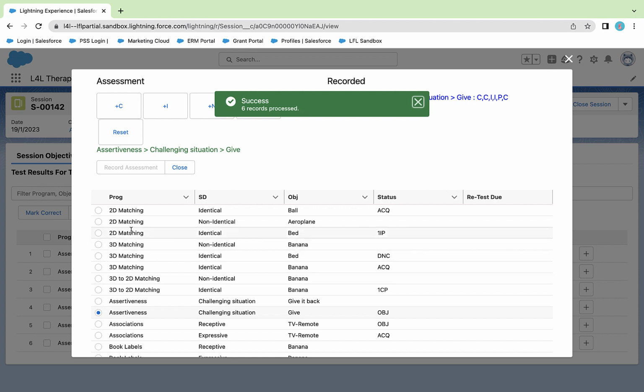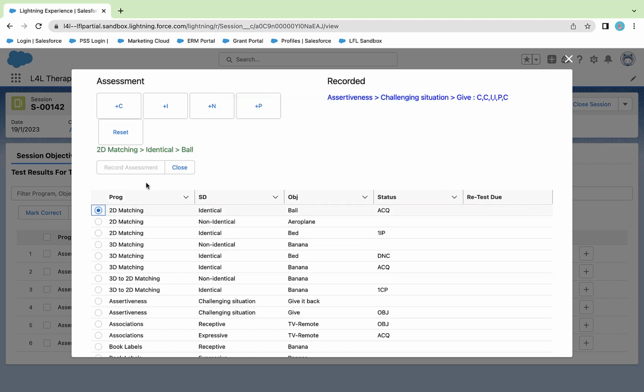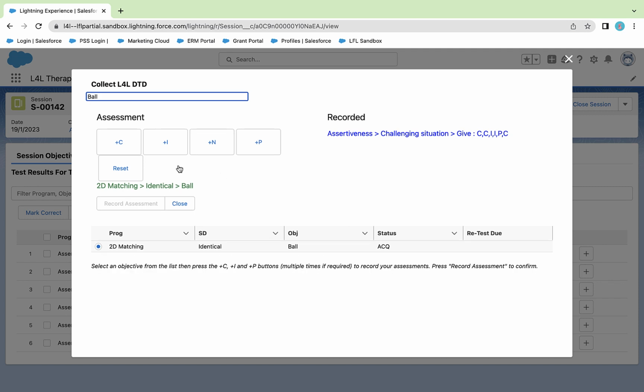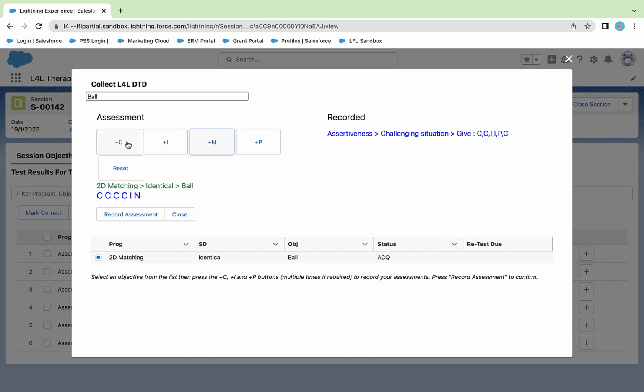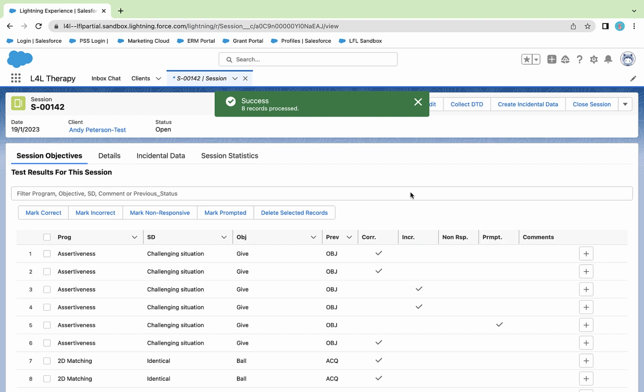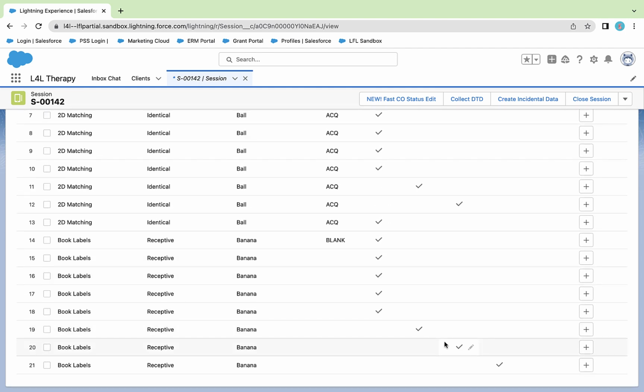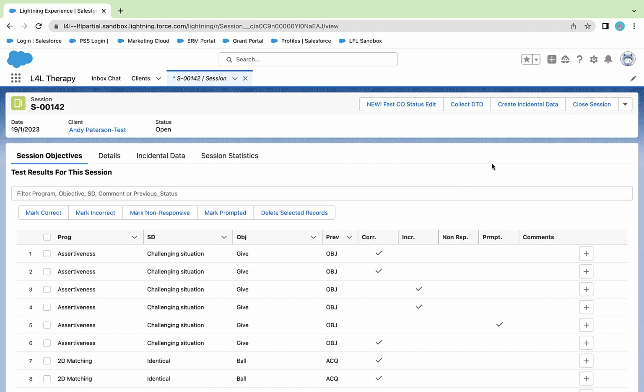Then I do the same for any of the other items on here. I can filter these as well if I want to. If I just want to look for things like ball, for example, I can filter that list down, and then again choose the information and record the results. Now when we go back to the test data screen, you can see all those familiar ticks collected digitally here for all those items. When I close this session,